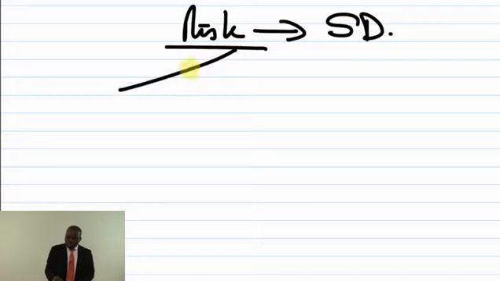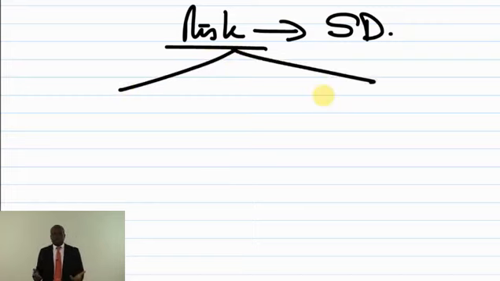Okay? So risk in financial management is measured as the standard deviation. However, when we talk about risk, we've got two types of risk. We've all heard the expression, don't put all your eggs in one basket, because when you put all your eggs in one basket and that basket drops, you are in trouble. Just like these exams, if you put all your hope on investment appraisals and investment appraisal doesn't appear, you are in trouble. So don't put all your hope on one particular investment. What can you do? The literal meaning is that you would have to diversify. So when you diversify, there will be some point where you'll be able to reduce risk.